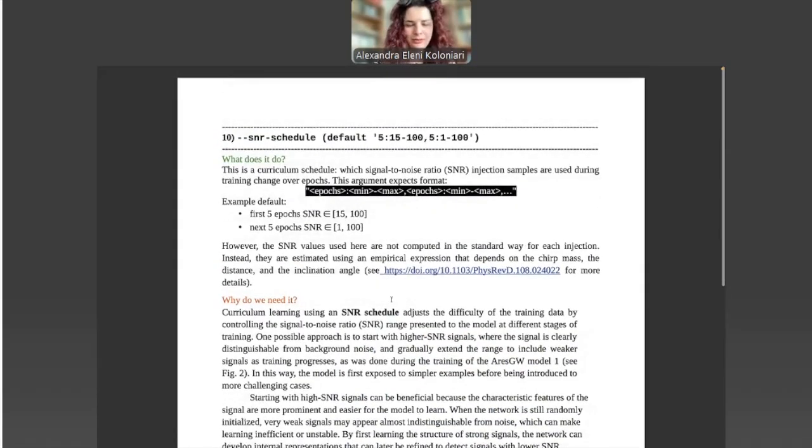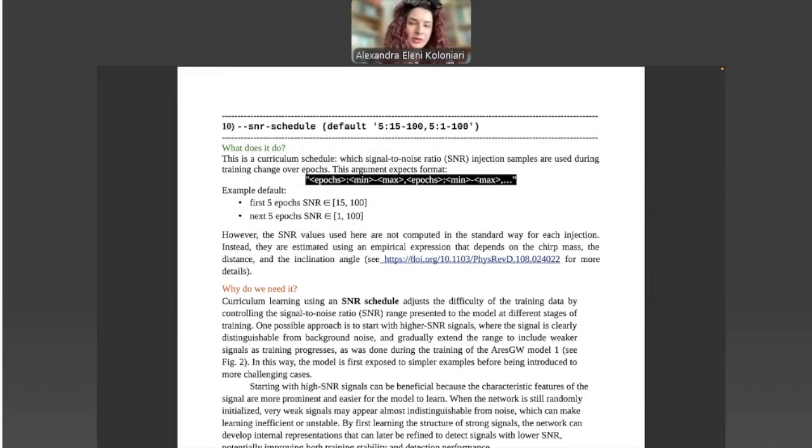Now, for the curriculum learning, the SNR schedule that you can see here, what does it do? Well, as I also mentioned in the presentation before, the network doesn't see all the injections in all the epochs. Which signal-to-noise ratio injection samples are used during training changes over the different epochs.